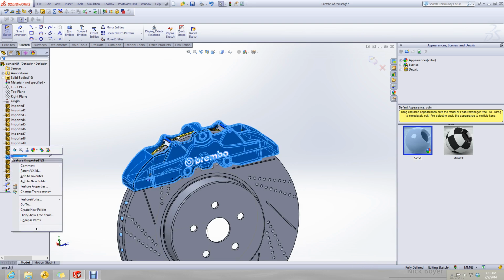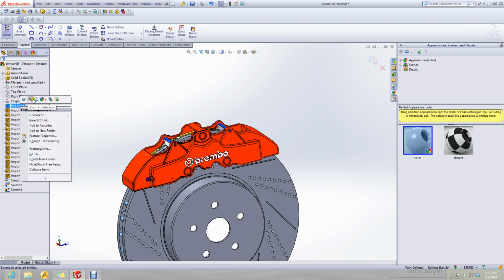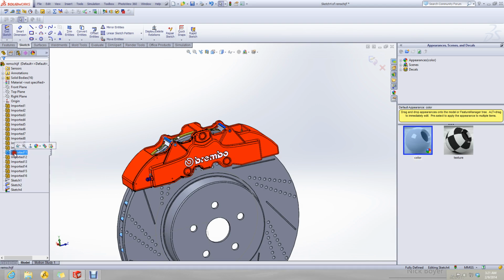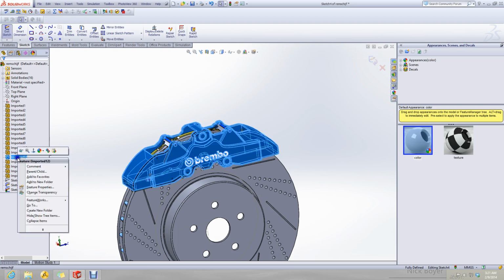For the current case, I will use this complete body.